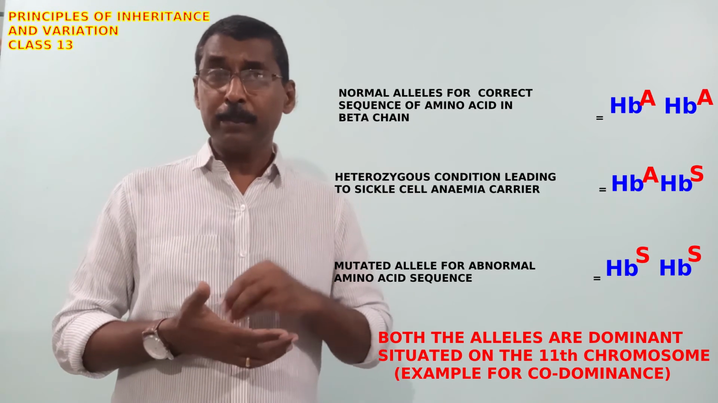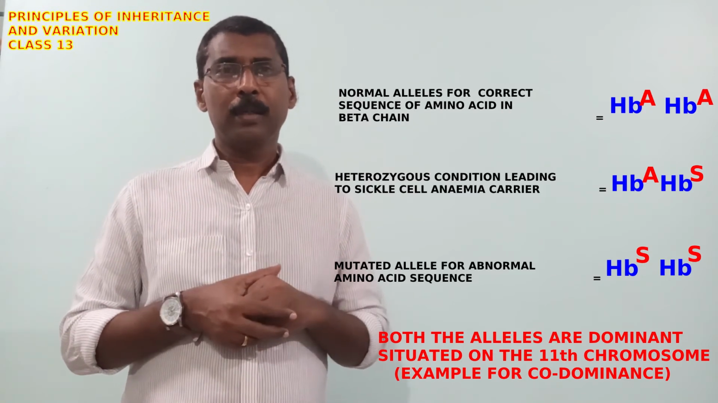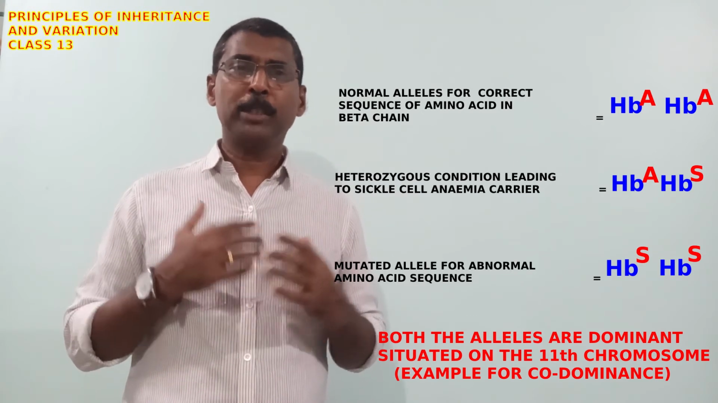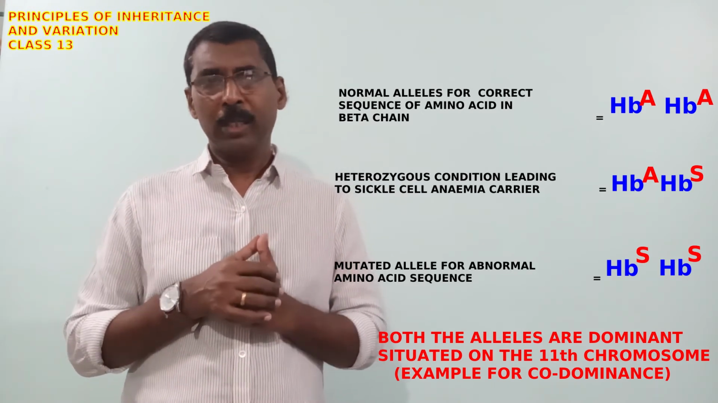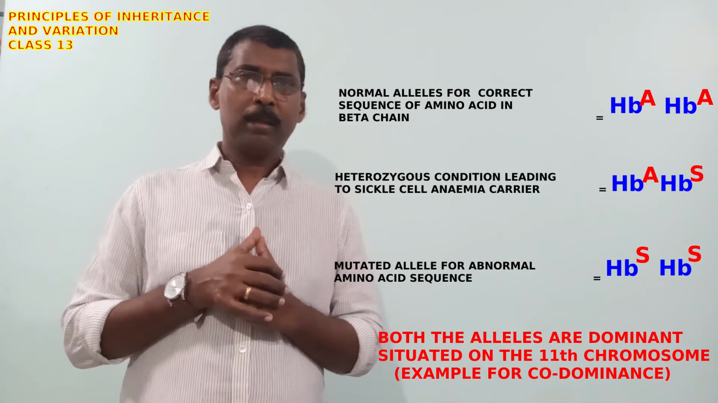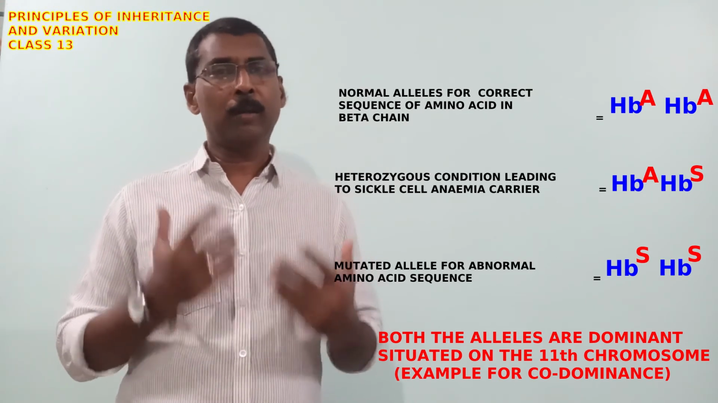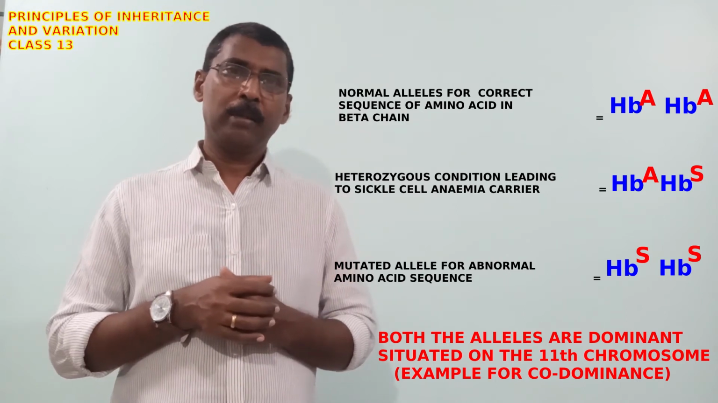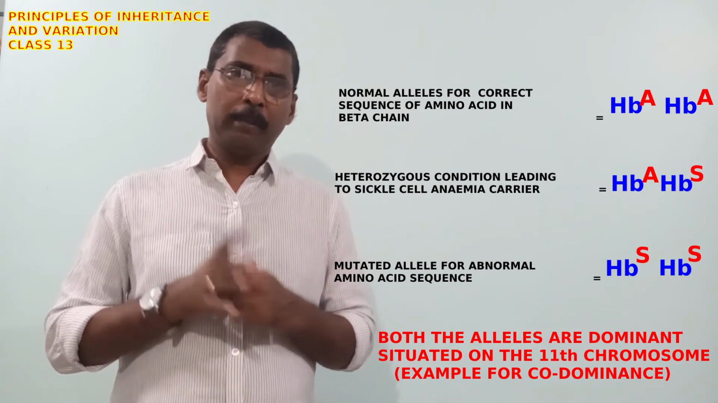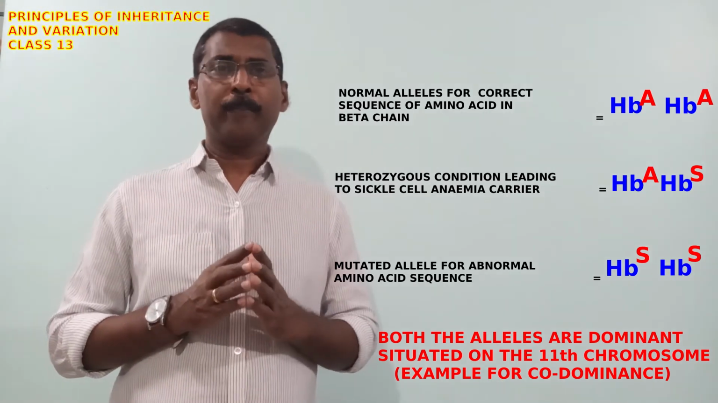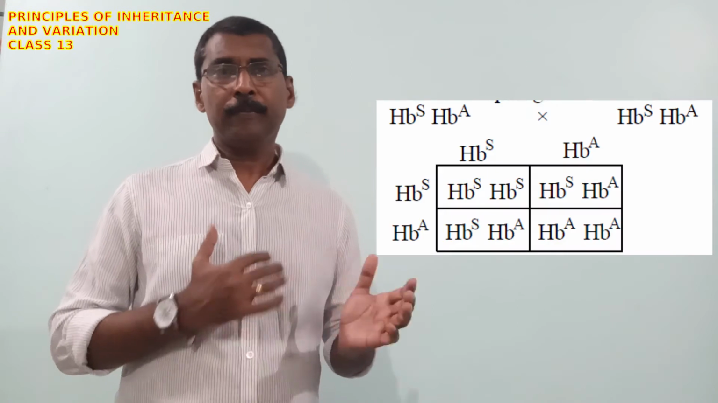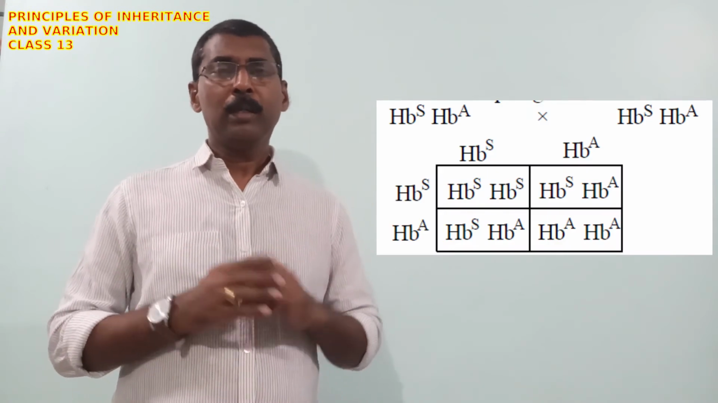As 50% of the RBCs are normal, he may not exhibit much of the symptoms of sickle cell anemia. He may be able to lead a normal life. So remember that this is an example for codominance also. Now let us see the marriage between two